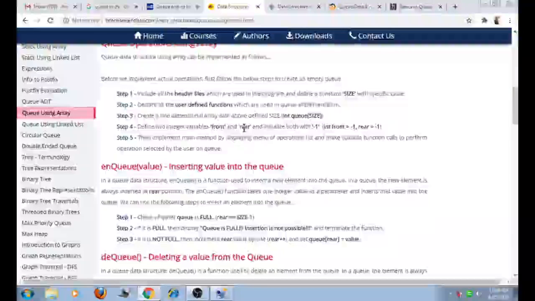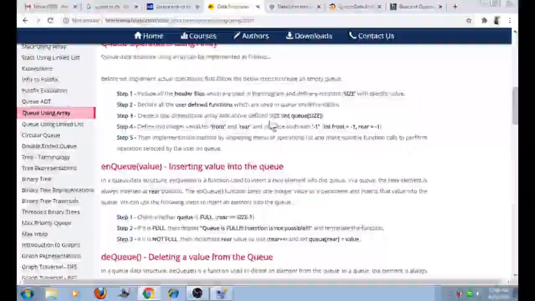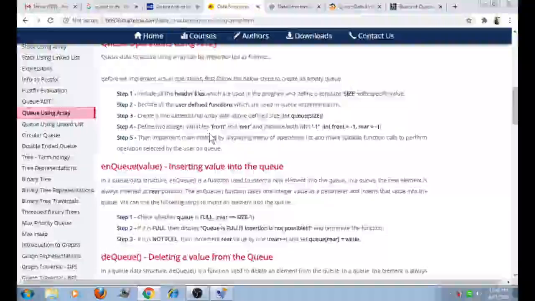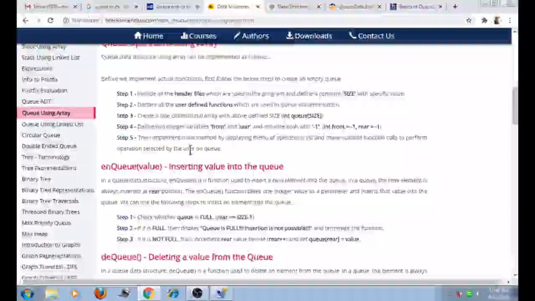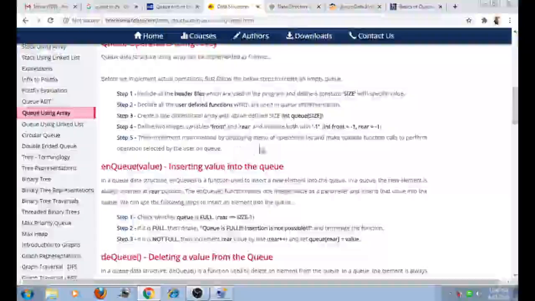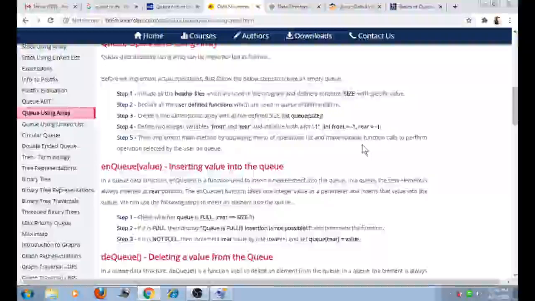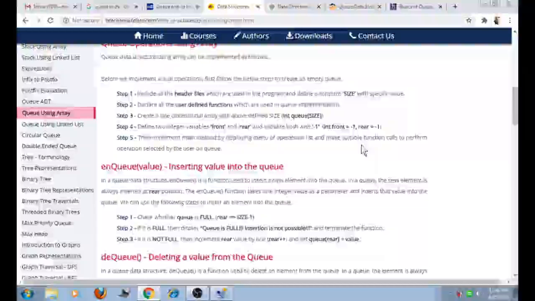Create a one-dimensional array with the above defined size, that is int queue[SIZE]. Define two integer variables front and rear and initialize both with -1. Then implement the main method to display the menu of the operation list and make the suitable function call to perform the operation selected by the user on the queue.